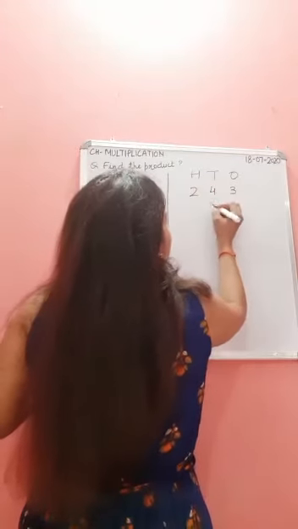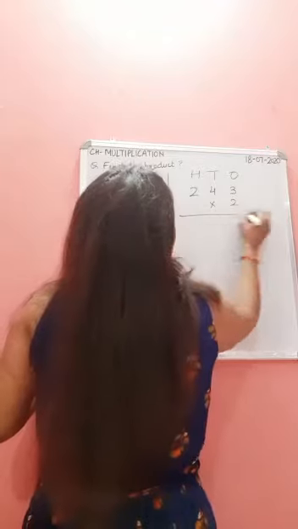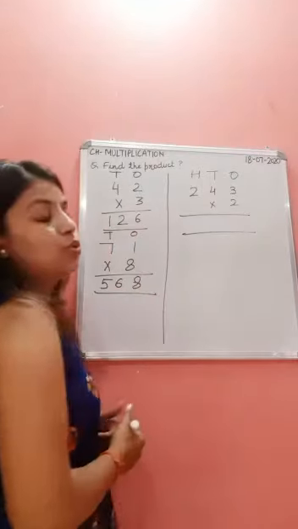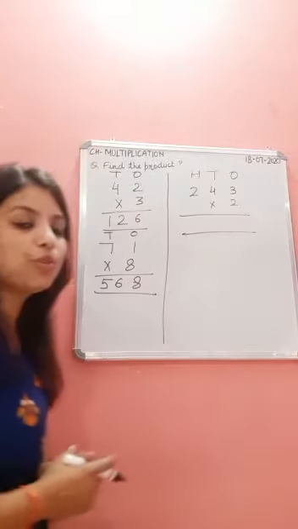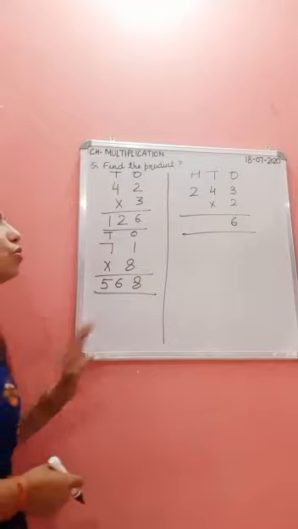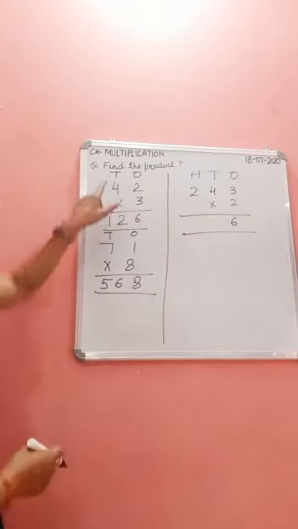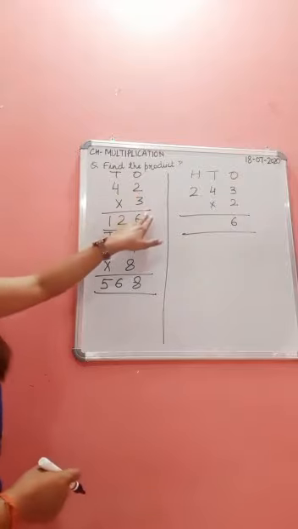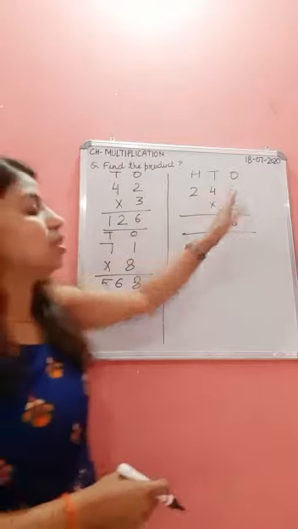Okay, multiply by 2. So say with me, 2 1 is 2, 2 2s are 4, 2 3s are 6. Now listen to me carefully. In this we have a 2 digit number. I have just told you how to write it. Now with a 3 digit number, follow the same pattern.